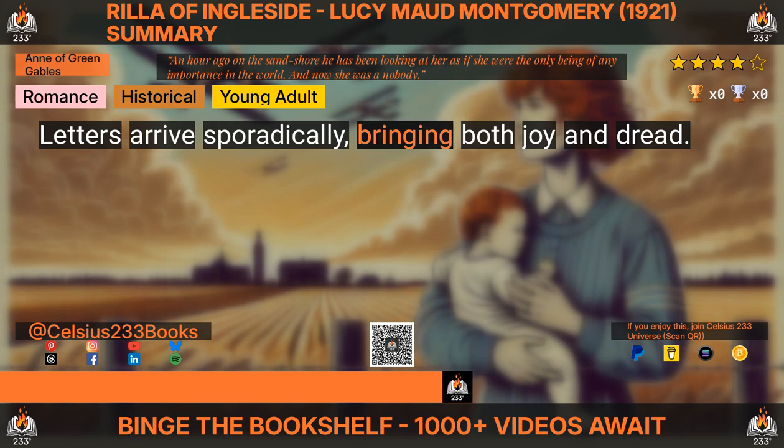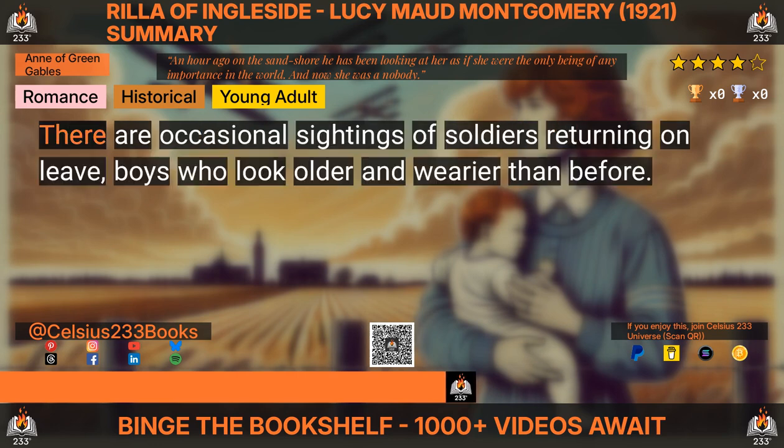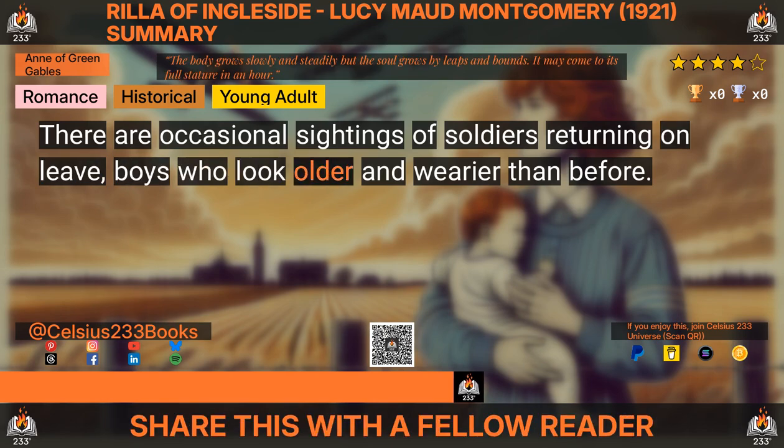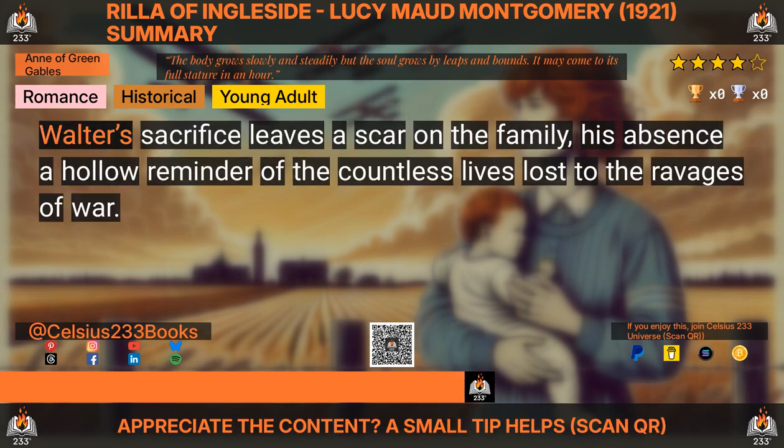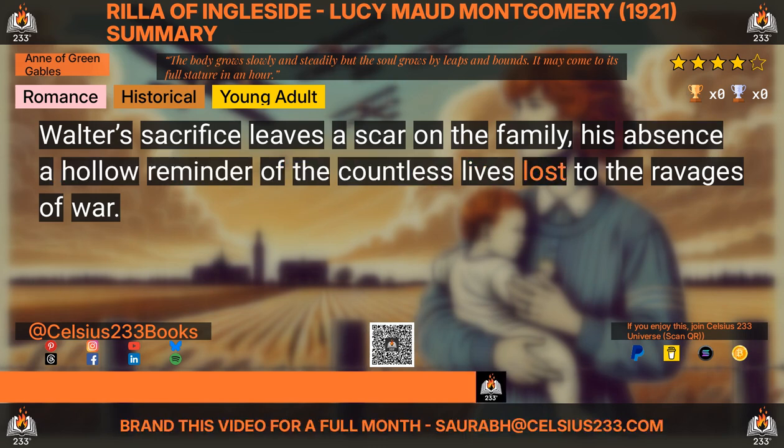Letters arrive sporadically, bringing both joy and dread. There are occasional sightings of soldiers returning on leave, boys who look older and wearier than before. When the news comes of Walter's death in France, Rilla's world is momentarily shattered. Walter's sacrifice leaves a scar on the family, his absence a hollow reminder of the countless lives lost to the